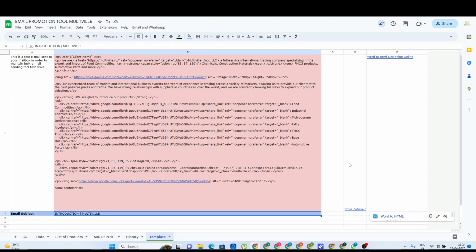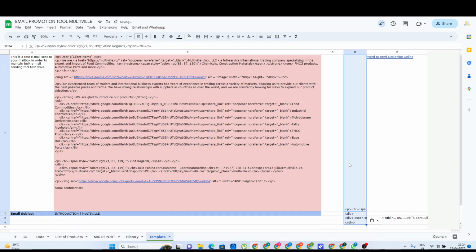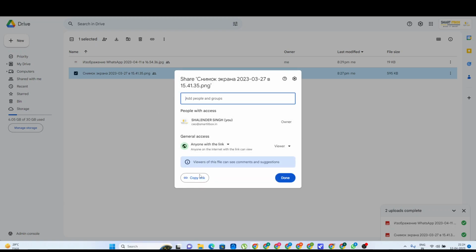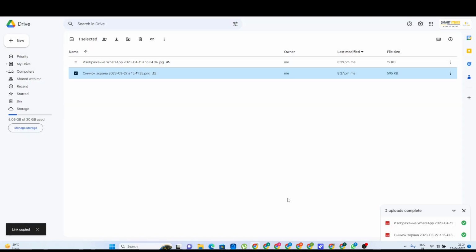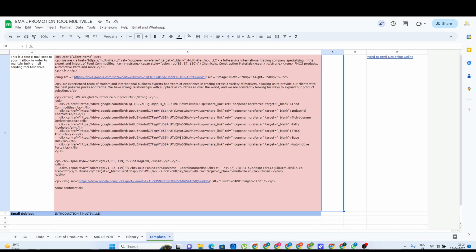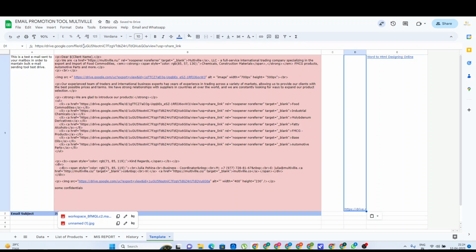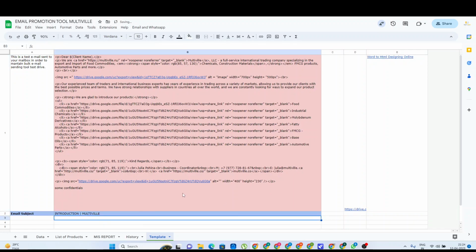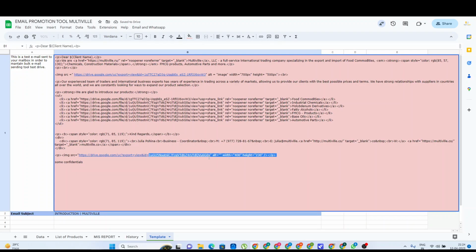Copy, done, placed, and we will again just need to copy the ID. So the ID will start from file slash t slash, up to slash view. So just copy the ID related to the signature image and just replace the existing ID,